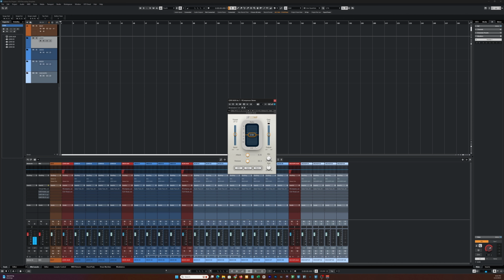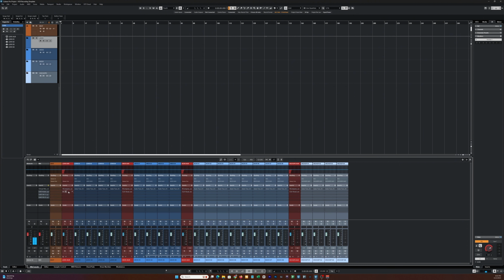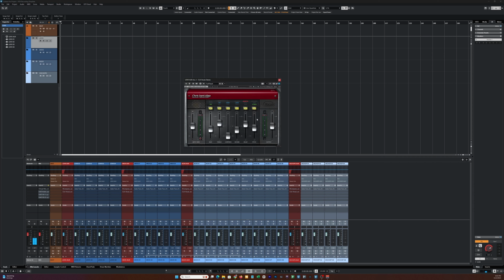And again, this isn't destructive. This is just kind of like what they're going to sound like near the end. Not quite, but they get the feel of how it's going to sound. And then I also got a CLA vocals to add a bit of reverb and delay. You can use anything you want here. This is just easy to use. Pull it up, touch a few buttons, and you're done. And that's pretty much it for the